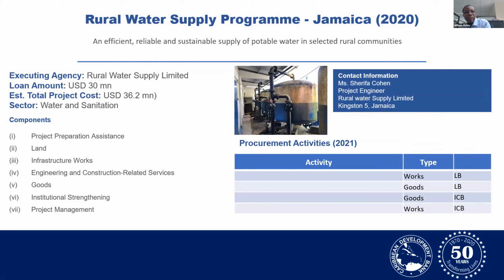In Jamaica, we've got a rural water supply program that was approved at the end of last year. There are no specific activities set out here yet. This project is still really being designed. So under the same bucket of financing in the program, the studies, design, and works and so on will come out of that. So we don't know what those works and goods opportunities will be as yet, but you can